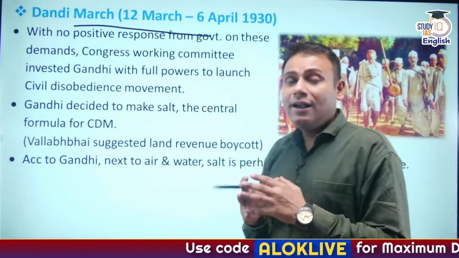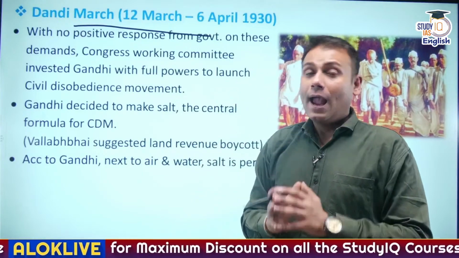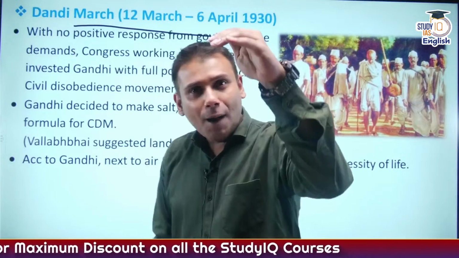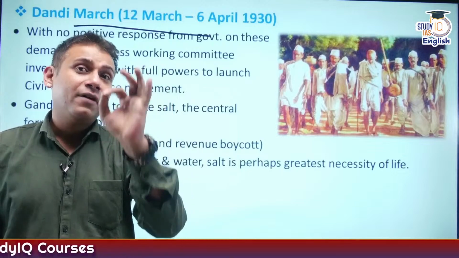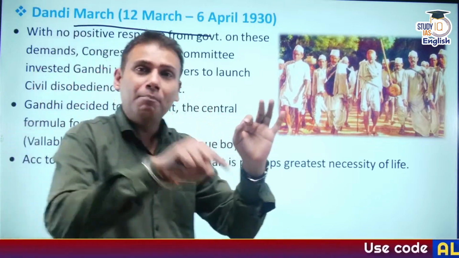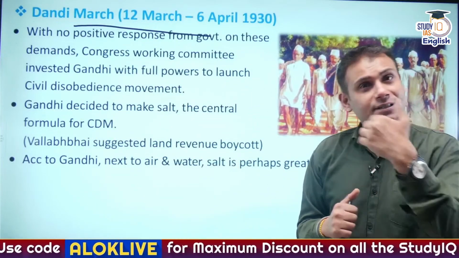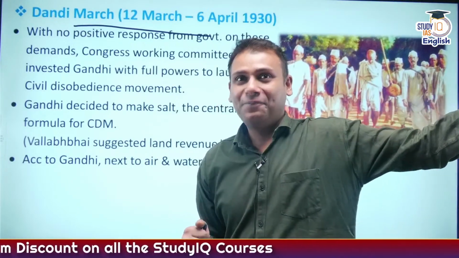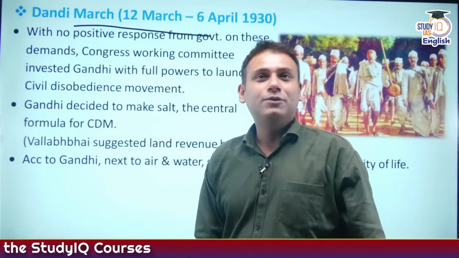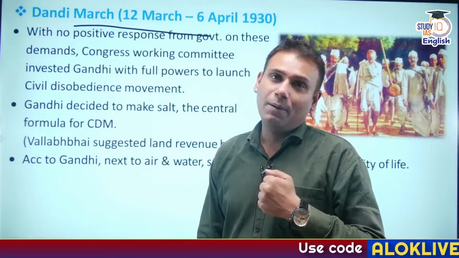Now, before launching the civil disobedience movement, Mahatma Gandhi launched the Dandi March. He launched the Dandi March on 12th March from Sabarmati Ashram in Ahmedabad. And he took a vow, he took a pledge that until and unless I get freedom for India, I won't be returning back to the Sabarmati Ashram. Finally, he could not attain independence for India after the civil disobedience movement. So he settled at Wardha Ashram near Nagpur. So the Dandi Yatra was initiated on 12th March by Mahatma Gandhi from Sabarmati Ashram in Ahmedabad.